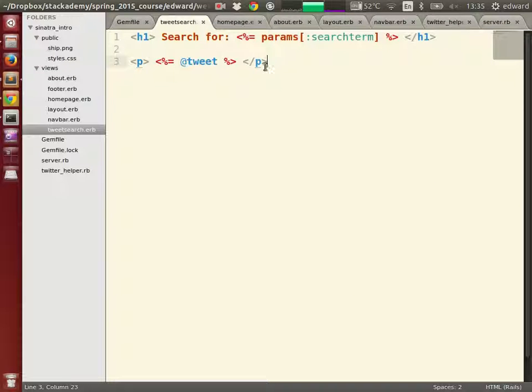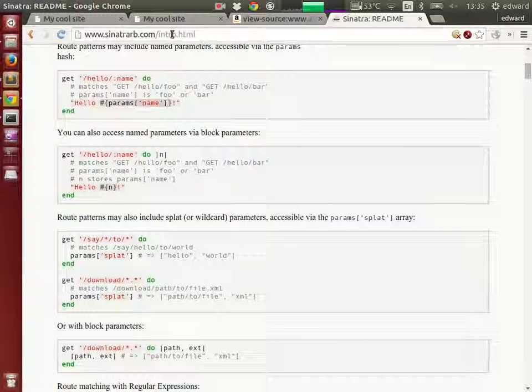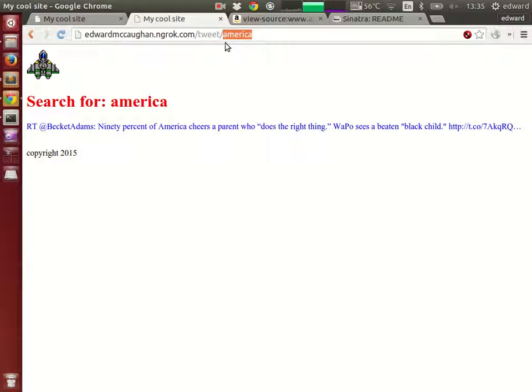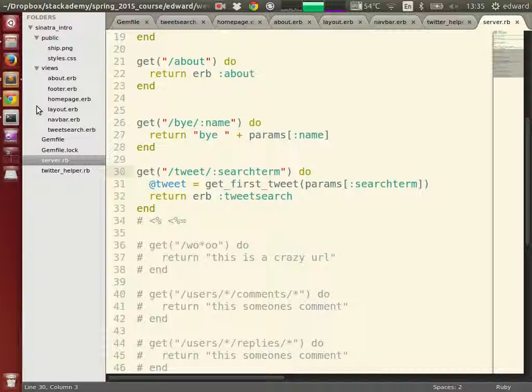So the template isn't worrying about where the tweet came from, it's only worrying about how we're going to format it. And we can still see search term in here. And so yeah, when we connect all those pieces, we can get a URL that we search for something, and we get a dynamic HTML result. And I think that is about